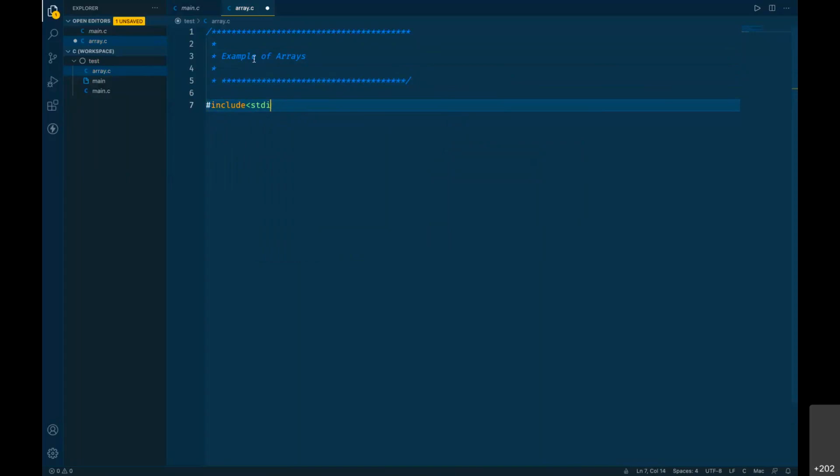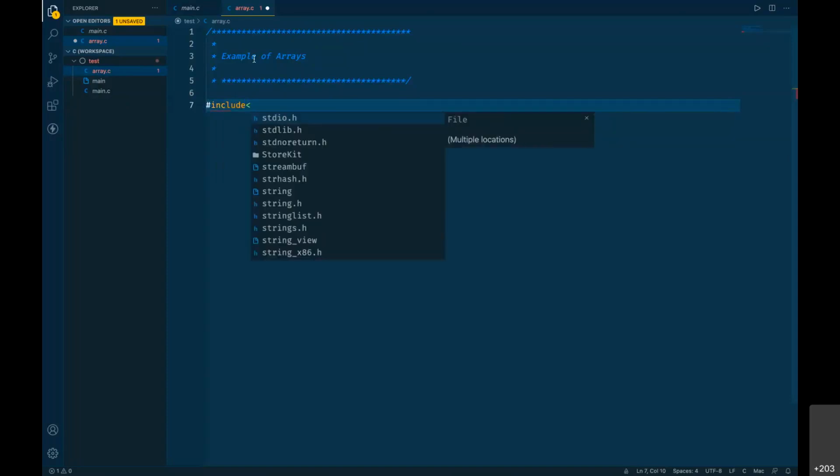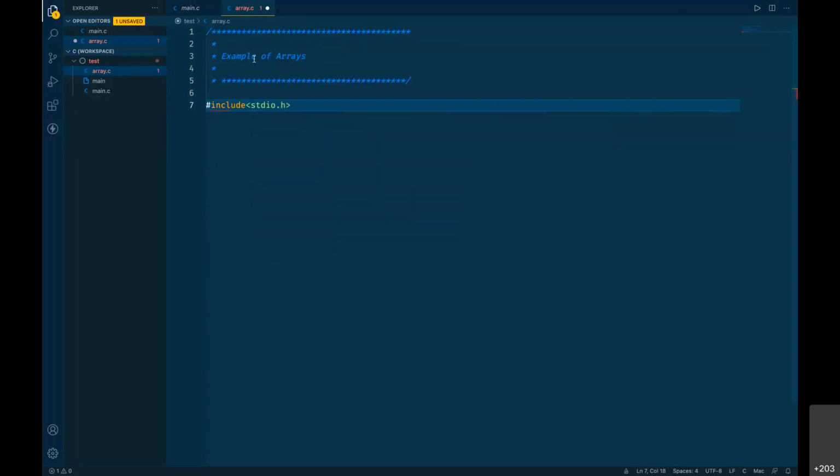When I start typing include, this suggestion comes from that extension, and it helps me complete it quickly. Then we'll go for int main, and inside that main we need a few variables, and then printf, scanf, and whatever we want here.